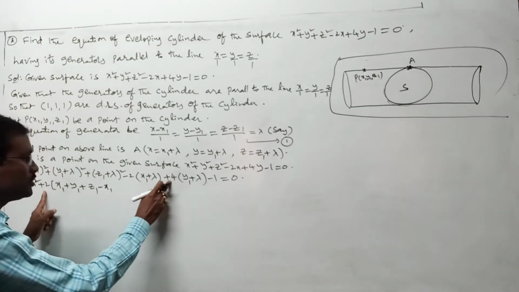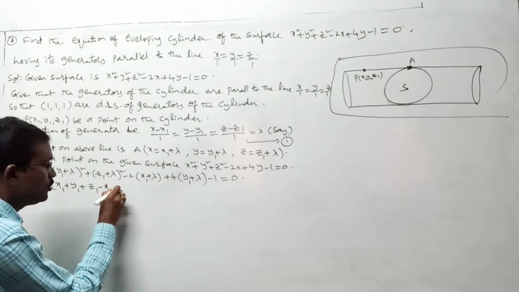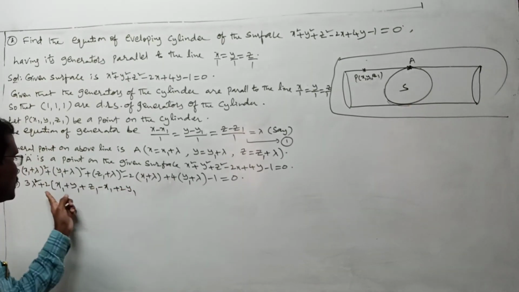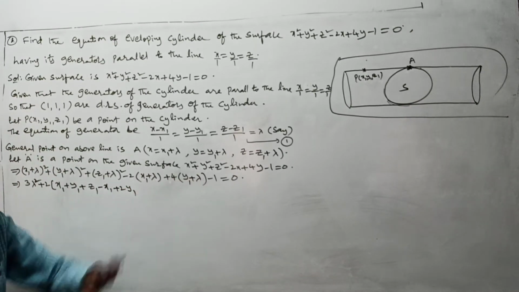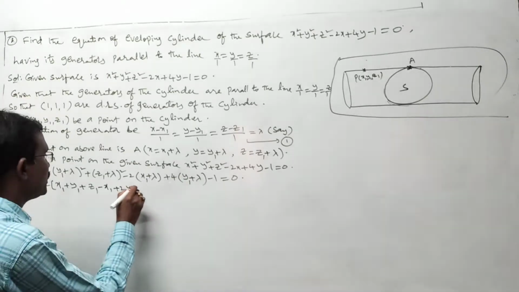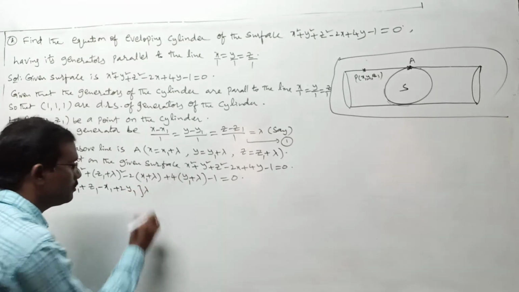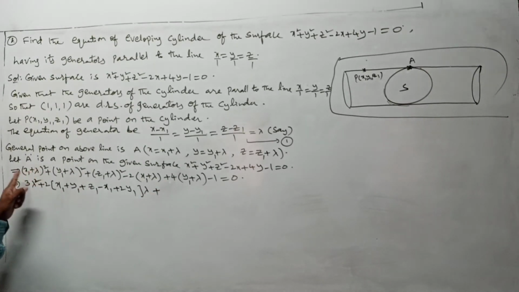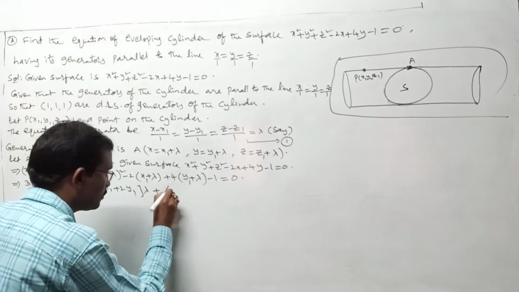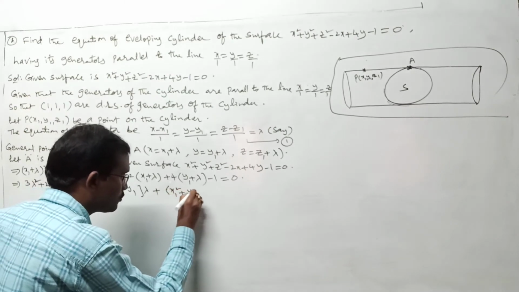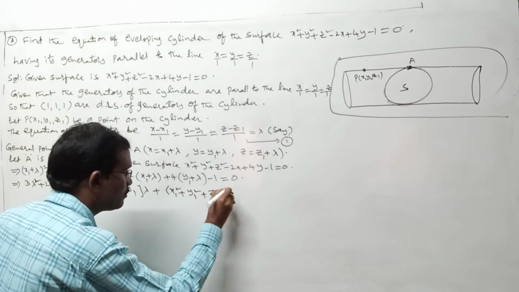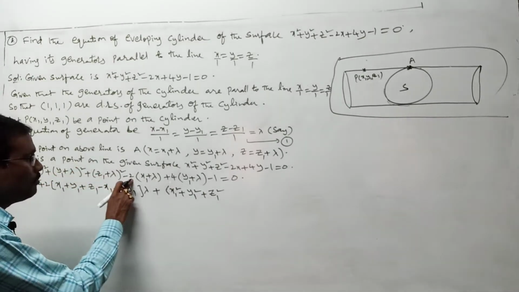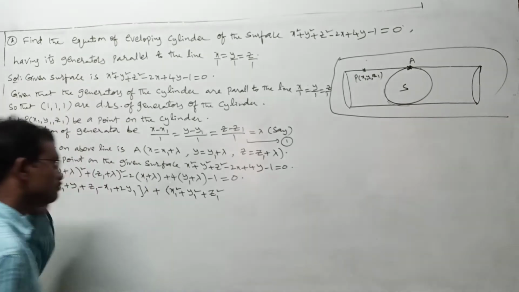Next 2 outside, lambda outside, y1 is there. 2 outside, y1 is there, lambda we are taking common. I think this total thing should be the coefficient of lambda, right? Next write the constant result. B square, a square, it is x1 square plus y1 square plus z1 square, x1 square plus y1 square plus z1 square minus 2x1.